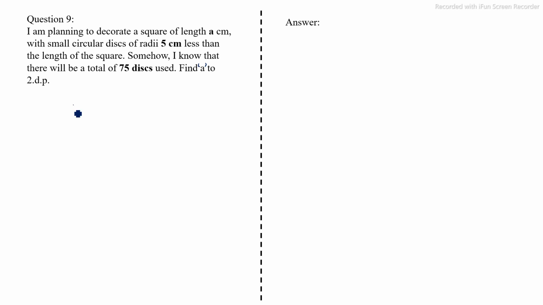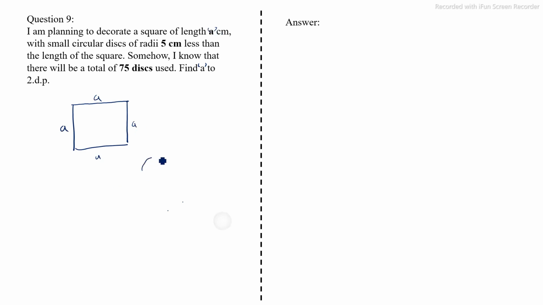Okay, so basically I have a square of 8 centimeters by 8 centimeters. This is a square. A square has all sides of the same length. So we're going to decorate it with smaller